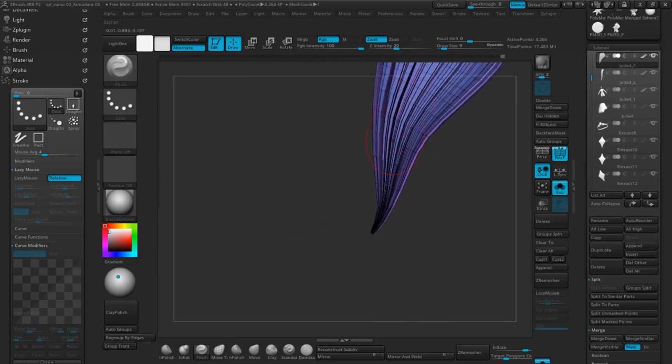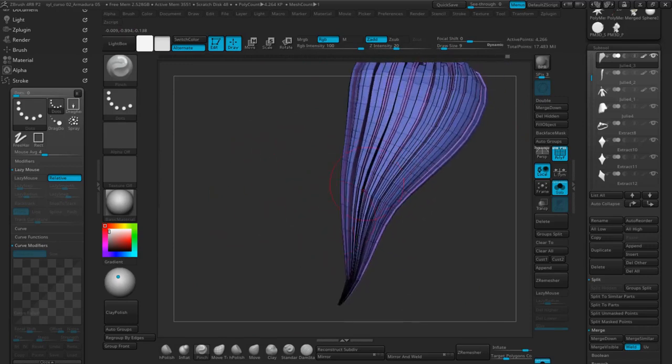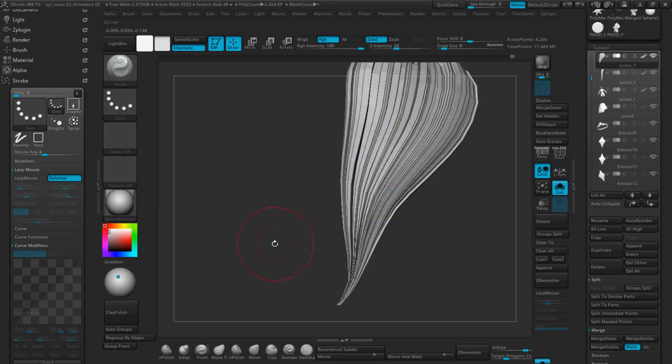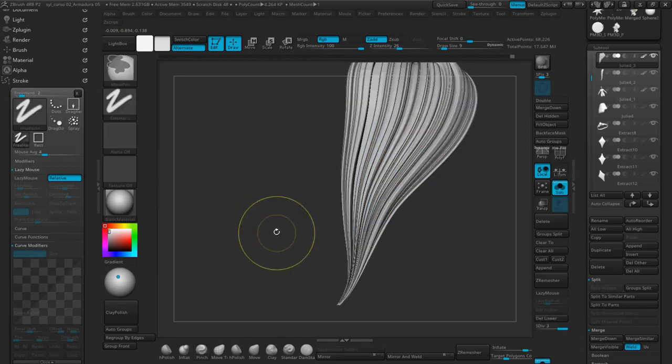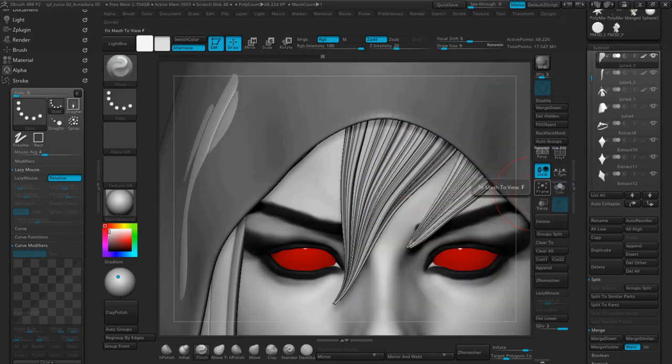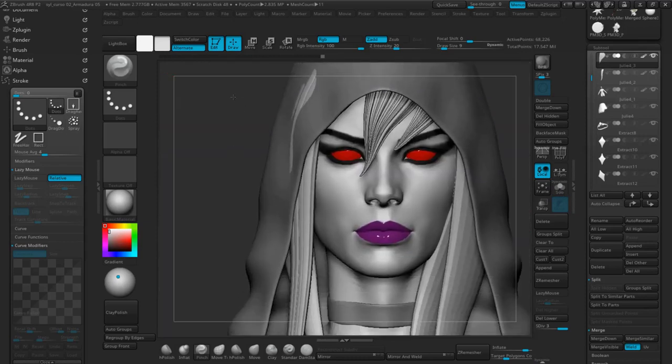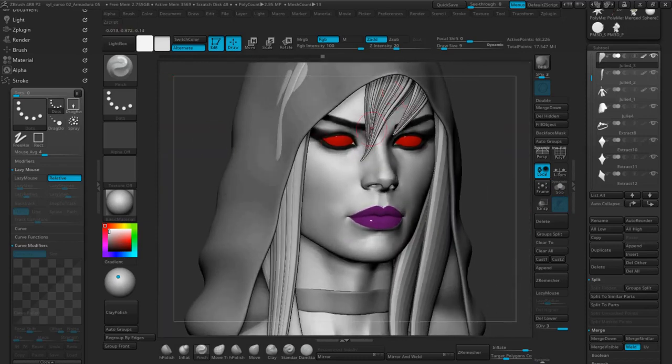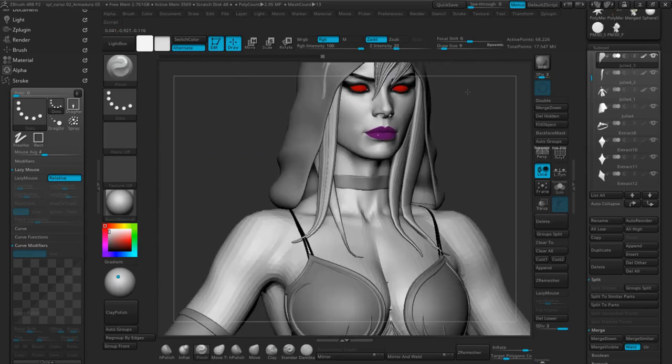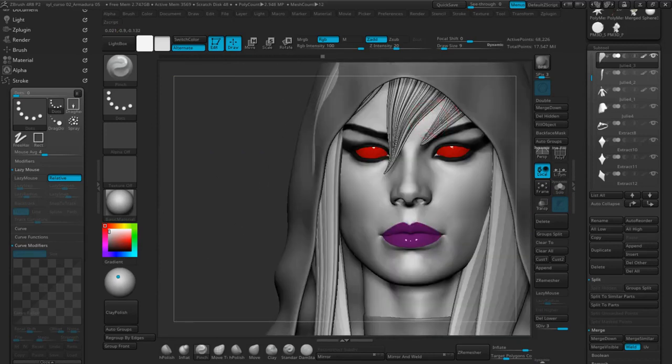Using pinch, let's fix this a bit. Ctrl D. And there we can see when we apply this to each hair section, we'll get a good result and looks great. I'll fix this end a bit first using pinch